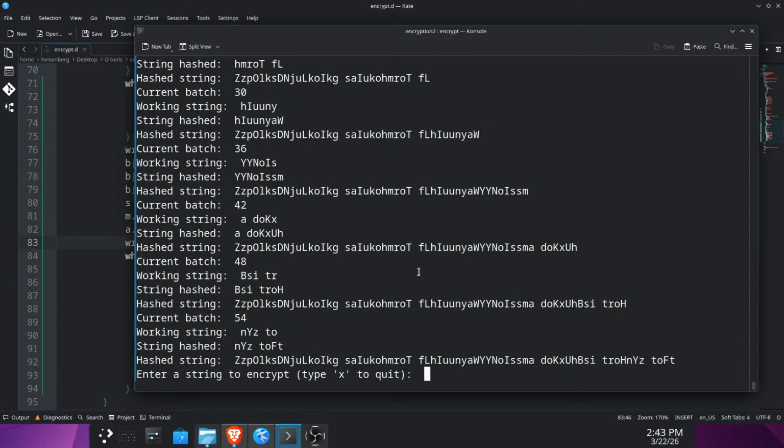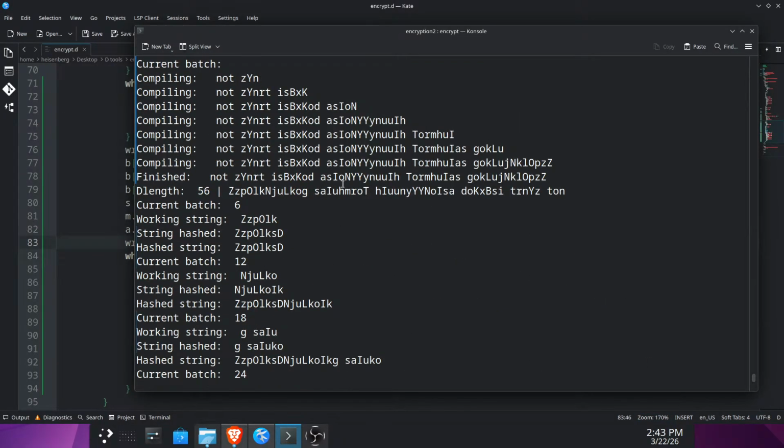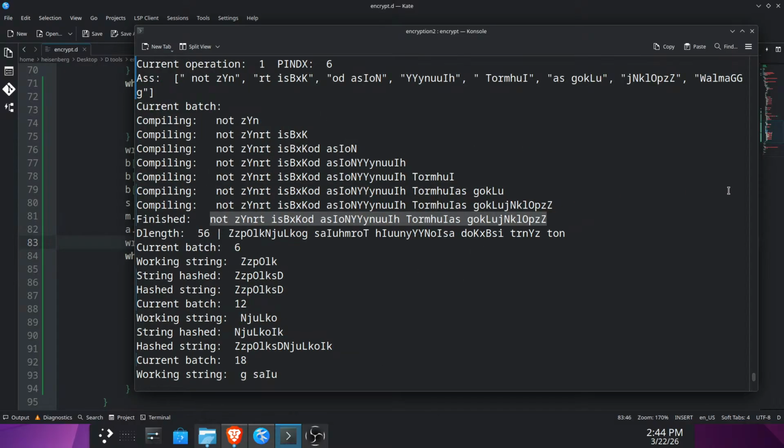Alright, now it's time to check. Bro, you can't even tell what words those were to begin with. Damn. We are cooking with gasoline here. So, finished, and it has this. This is the string after scrambling. That whole section I covered a few seconds ago, before we even get to the second hash, is the scrambling phase. But anyway, we have D-length 56, and then we have